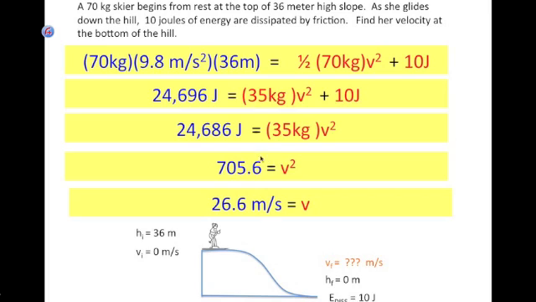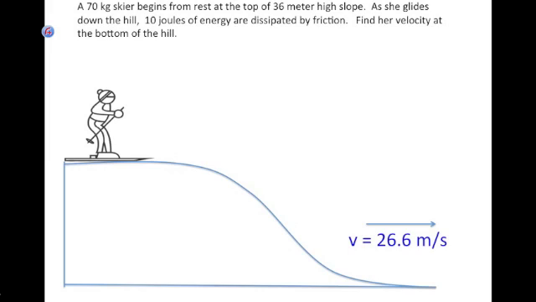We're almost finished. I didn't want to know what her velocity squared was. I want to know what her velocity is. So by taking the square root of both sides, I find out that the velocity of the skier when she gets to the bottom of the hill is 26.6 meters per second. So to repeat how that works, her velocity is 26.6 meters per second. Play this over again if you need to review any parts of it, and good luck as you work on